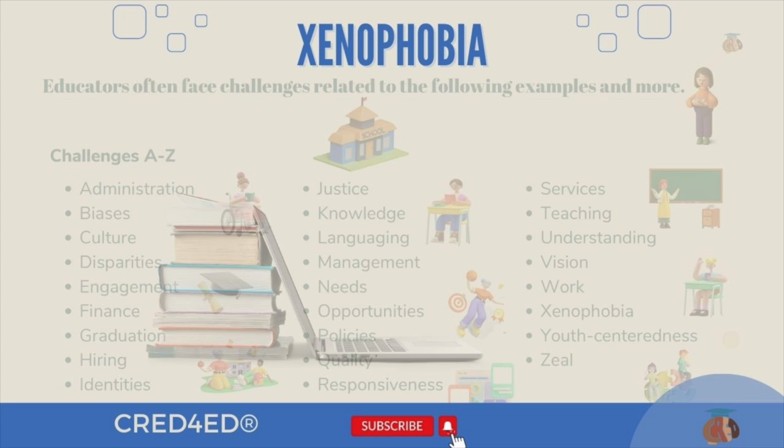So, to kind of wrap things up here, I think what we've learned is that xenophobia is a real thing. It has deep roots in our society and in our history. But it's not inevitable. We don't have to just accept it as the way things are. It's something we can address. We can understand it, we can come up with solutions, we can empower people to take action. And we've talked about some of those solutions, like culturally responsive teaching and anti-bias education. All of that is really important.